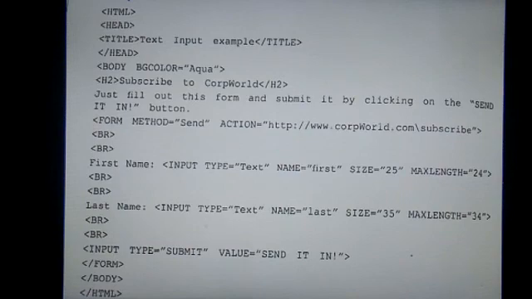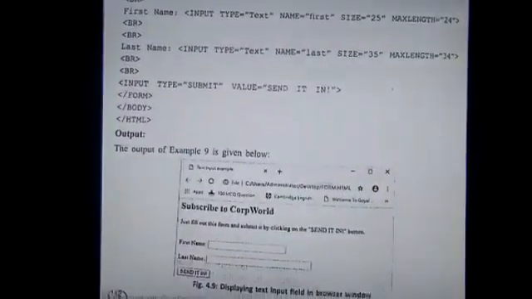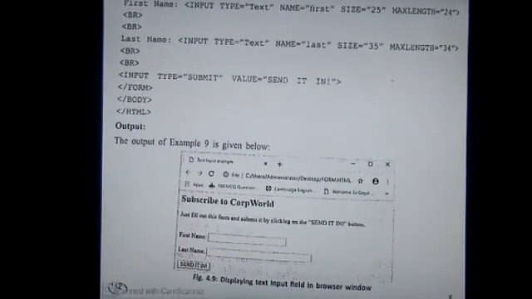Then for the last name also, input type equal to text, name last, size and maximum length are given. Then the last option is input type equal to submit, value send it in. Close of form, close of body. You can see it is in the box form. So first name with the specifications, last name, and then you have to send it.